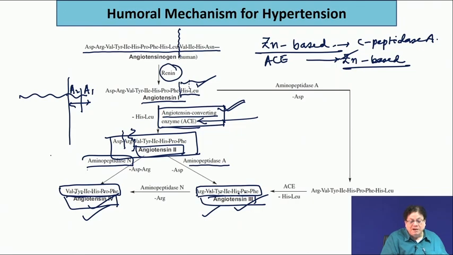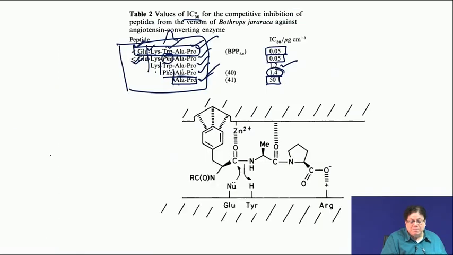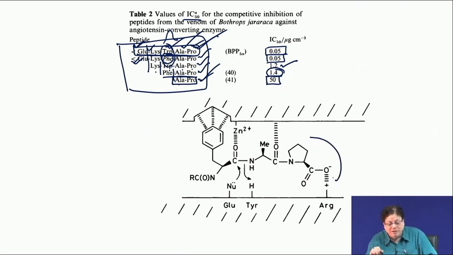Snake venom peptides, where is that? Here. This is the proline. So, you have utilized the proline in your design. You have alanine, you have utilized the alanine also for your design. The third one on this side is what is called an aromatic amino acid. So, what you have done? You have exploited the binding of the carboxy of the protein, the proline, you have exploited the binding of the methyl, and these carbonyls also have some hydrogen bonding interactions.